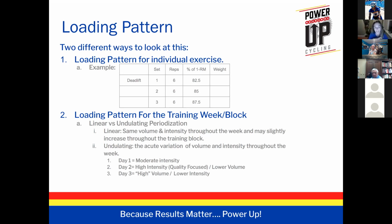Whereas undulating, it's the acute variation of volume and intensity throughout the week. So kind of example below, it says day 1, you may do a moderate intensity. Day 2, you may do a higher intensity, quality focus with a lower volume, so lower number of reps. Day 3, it's a higher volume and lower intensity. Given that, you still want to make sure you're working within the percentage of